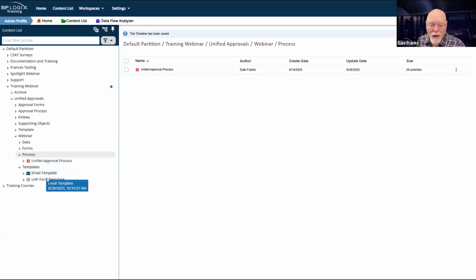So based on where the original was, it's going to jump up one folder level into the webinar folder in this case, and then drop down into the process folder and find this unified approval process. So by testing the template here, I only have to test one form, and I only have to make changes in one place.